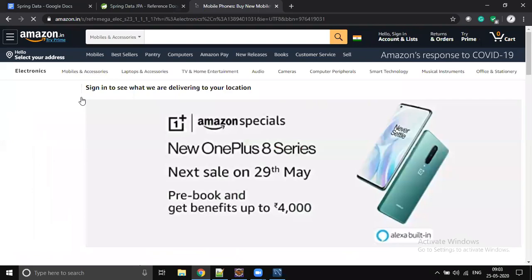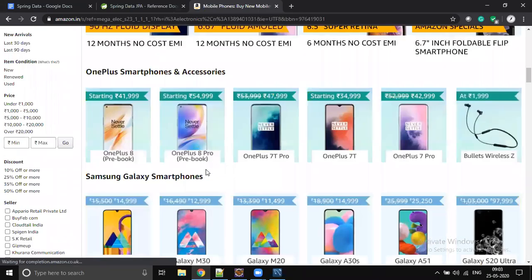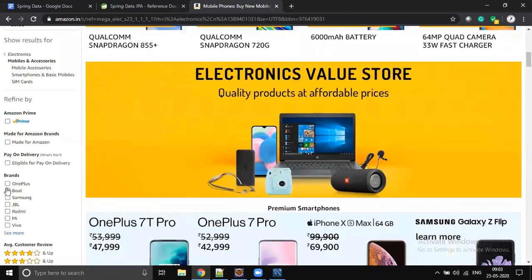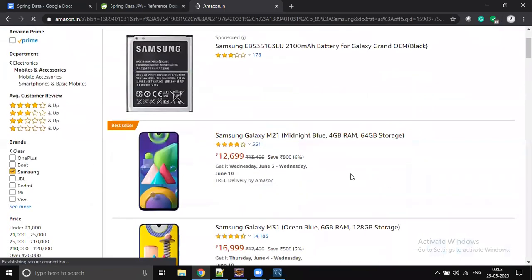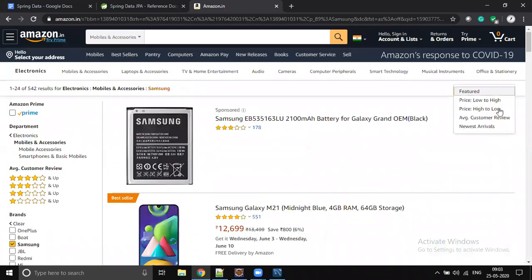Let's click on mobiles. Why is it not listing all the mobiles? Let's select only Samsung. There is a sort by, right? Price low to high is the default, 0 to infinity is the default starting order. High to low is the reverse order. So first you will get the high price, followed by the low price. That is descending order sorting.